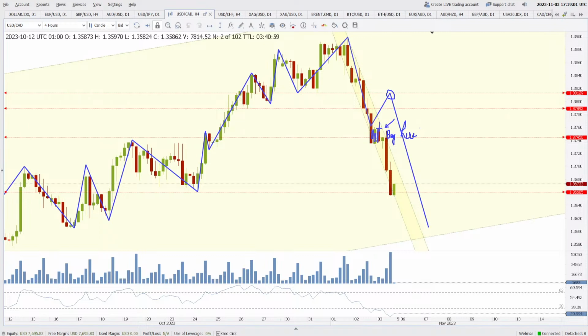Even if you have stop losses in place, on these days, the stop losses do not work. I remember one day my account went into negative because I had a stop loss in place, but my stop loss did not get triggered because the data came out and it blew off my account. I just hope that didn't happen with you, but if it does, your account goes into negative because your stop loss doesn't get triggered. So don't fall for these news events. Don't trade news. There is no point in trading news if you're a technical analyst.